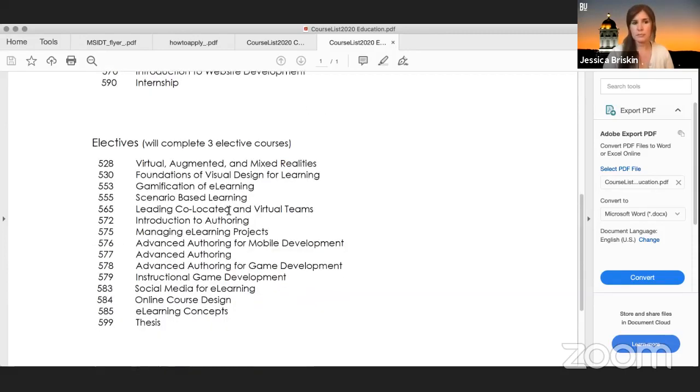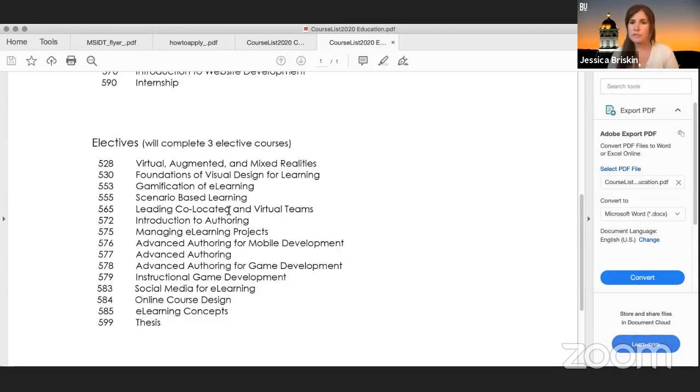And then you'll see here from those electives that electives do cross over. So if you are in either one of the tracks, you can end up taking electives from the other track and kind of doing a mixture of the two. So we do have a lot of students doing that, where say they're working in a school district but want to get some corporate experience. It's not necessarily that you're one track and that you're only taking courses in the education side. So there is a little bit of crossover between the two.